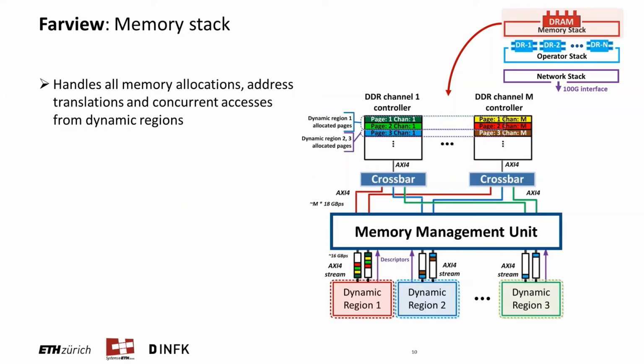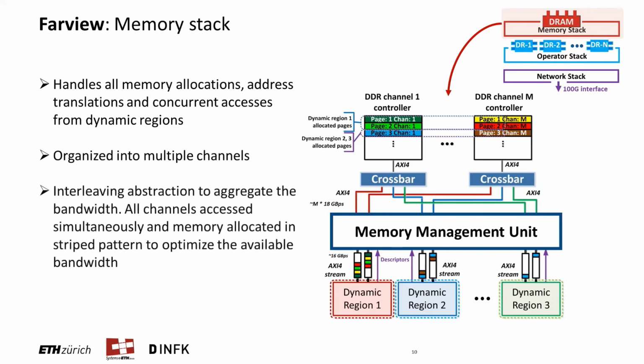The memory stack implements the actual buffer pool using the onboard DRAM attached to the FPGA. It handles all memory allocations, address translations, and concurrent accesses from dynamic regions. The memory is organized into multiple channels, and the memory management unit in Farview uses an interleaving abstraction to aggregate the bandwidth by accessing all these channels simultaneously and by allocating the memory in a stripe pattern across all available